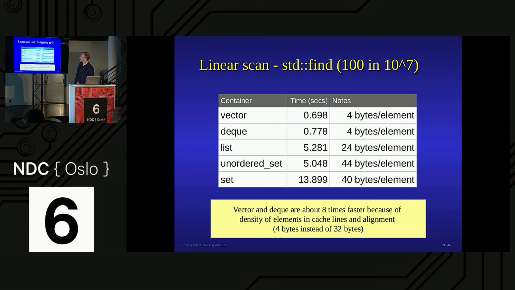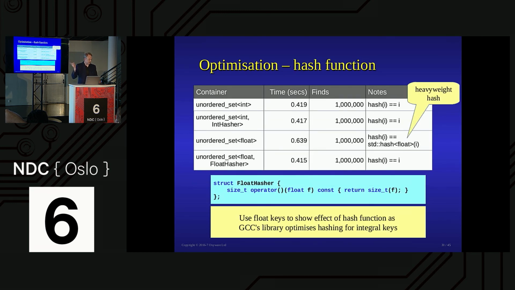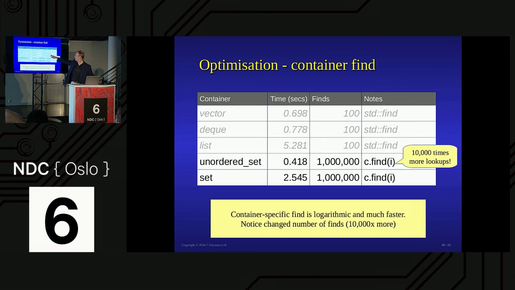So that's a linear search, but we know really that unordered set and set, you shouldn't be doing that. Really, please don't do that. So let's have a lot more of these ones here for 1 million lookups, and let's actually use the container one, and now we're in the right sort of place. 10,000 times faster, excellent, yes, that's what we want in the first place. Domain knowledge comes up in a moment, which we'll deal with vector in a moment.